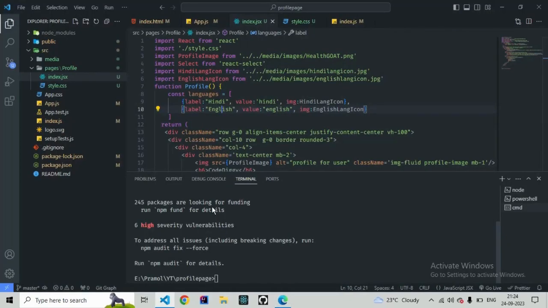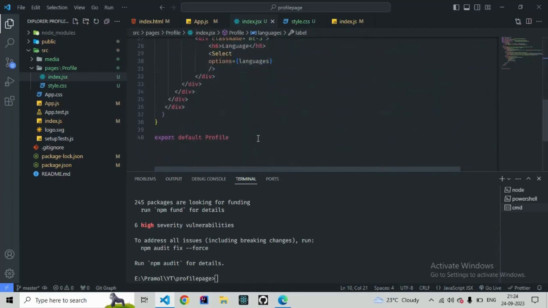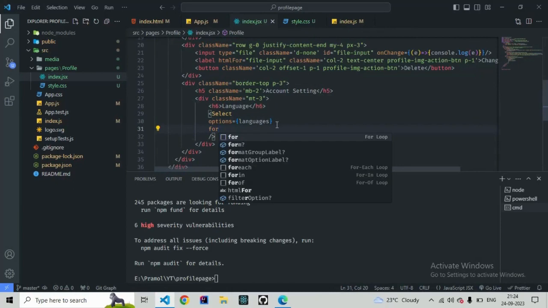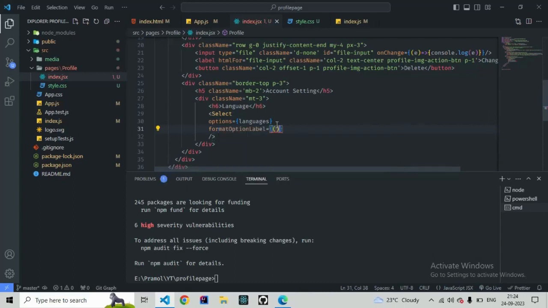For that, we are going to use the format option label. For this format option label, we'll pass the option object, and for each option we give the label, value, and the image. So for this we will return some div. So let's keep this as a